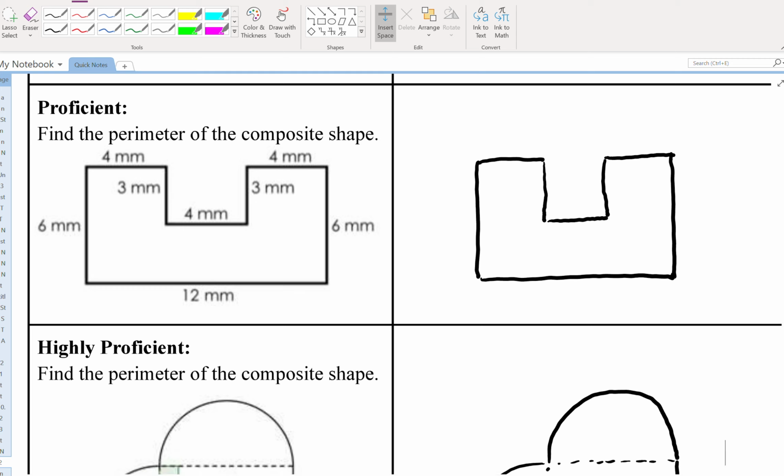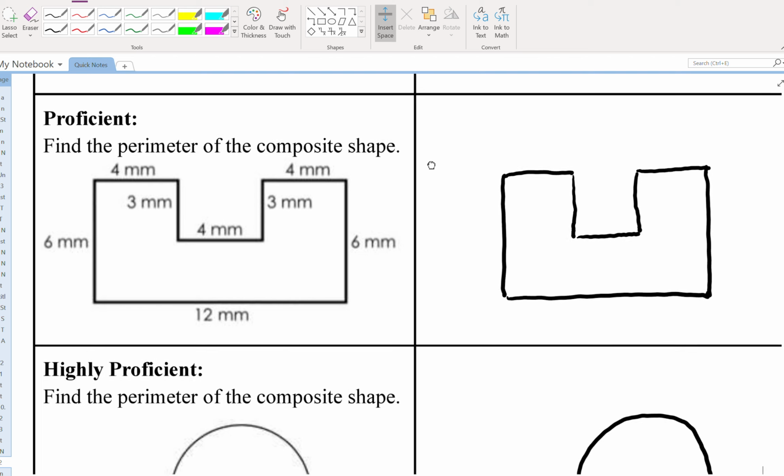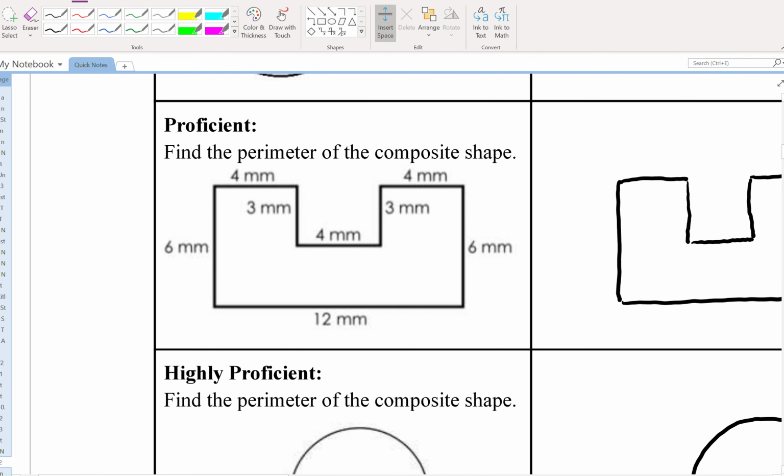This is a video on how to find perimeter. This is at the proficient and the highly proficient levels. Let's look at this first one at the perimeter. They've got this kind of weird shape here, and we know that the perimeter is just the distance around